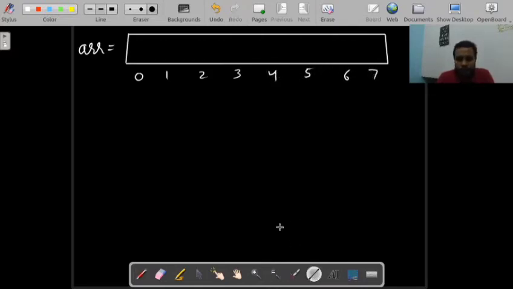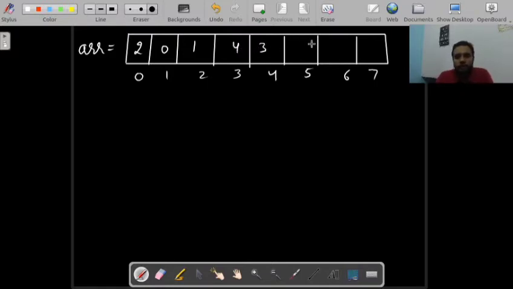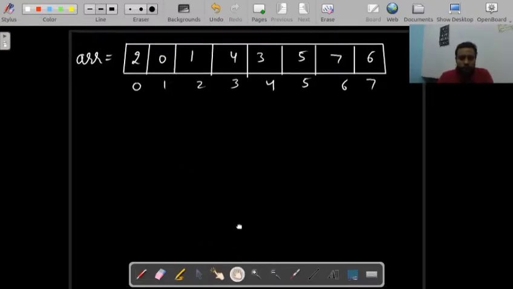Let's say the size of this array will be 8. And let's place some numbers in it. The numbers will be in range 0 to 7. So let me place 2, 0, 1 and 4, 3, 5, 7, 6.